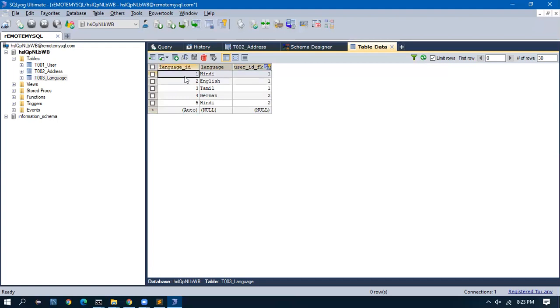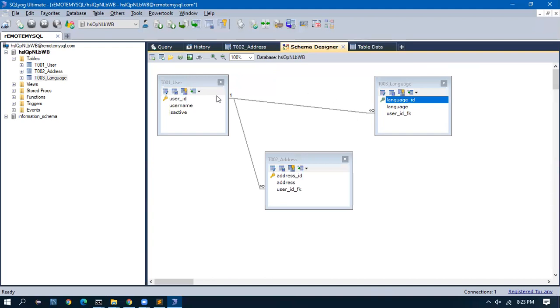So let's have this, which means one user is having multiple entries in this table. Leave out the primary key; it is going to be unique and auto increment, so we'll not even bother about this. One user is going to have multiple entries here. That is what this infinity is showing. One user in the user table can have multiple entries in the language table. In the same way, one user can have a temporary address, permanent address, multiple shipping addresses, multiple billing addresses. So one user can have multiple addresses. That is what this 1 to infinity is showing.